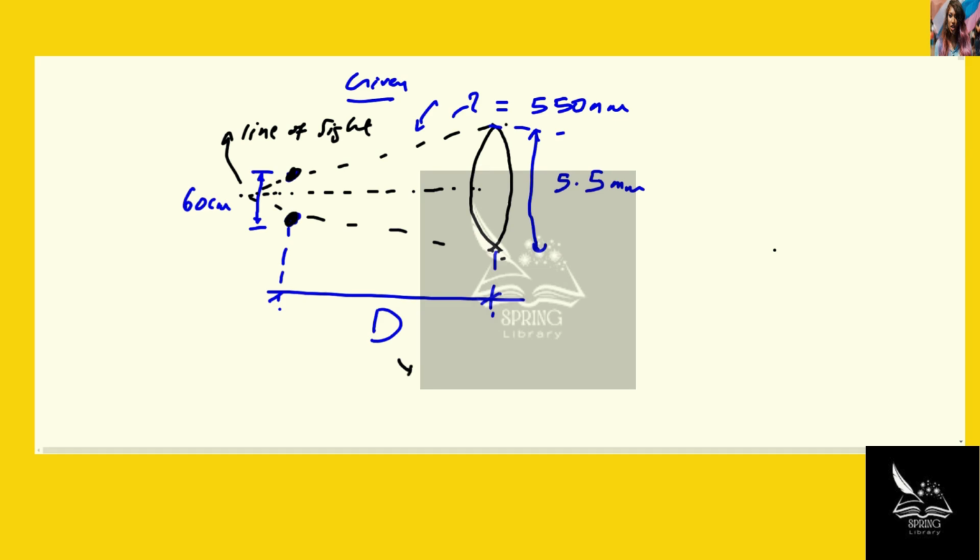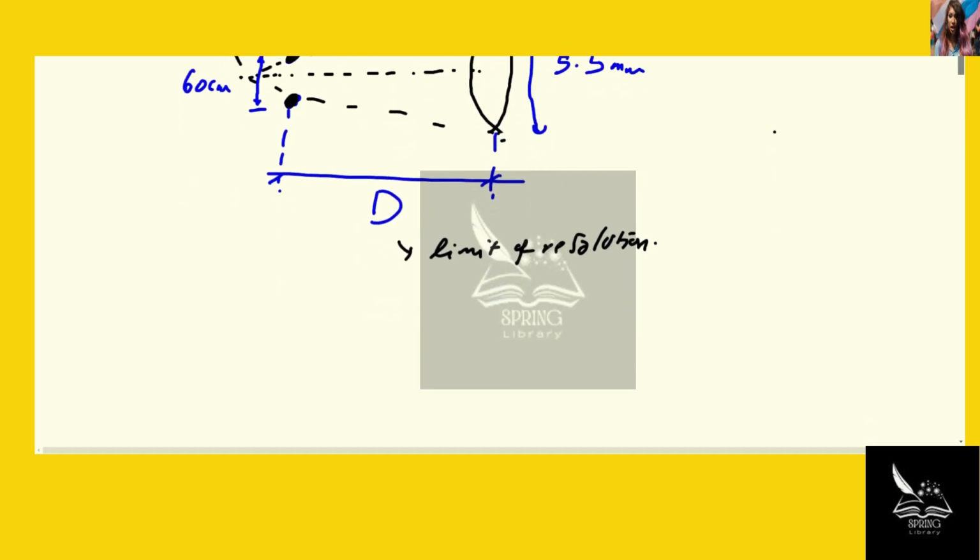The assumption is that we happen to be at the limit of resolution. So the flowers are at the limit of resolution. So now we're set up. We have details about the problem, and we're supposed to solve for D. That's our goal, capital D. And so we're going to go ahead and say